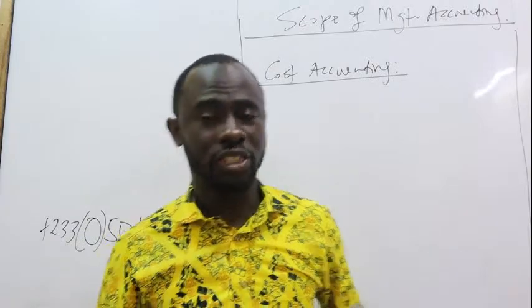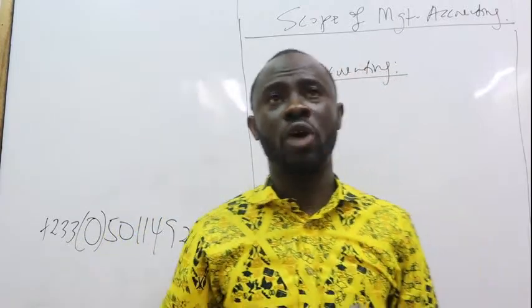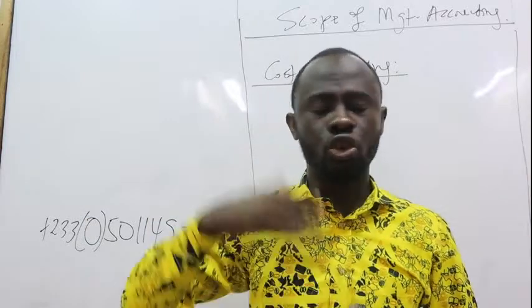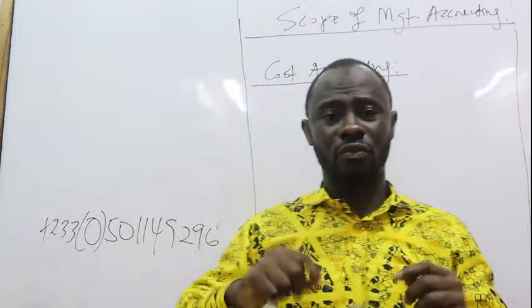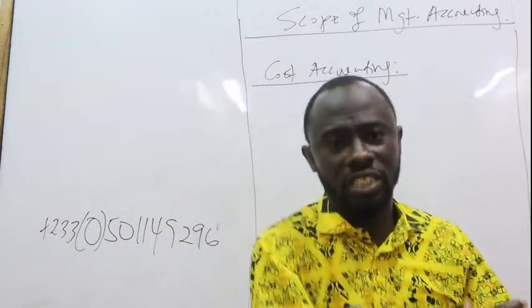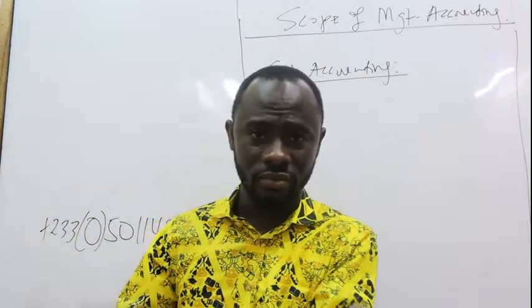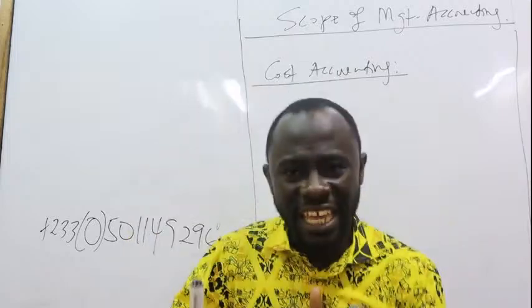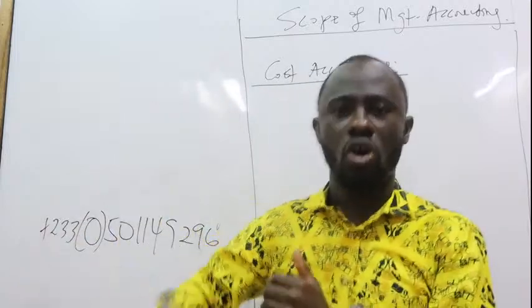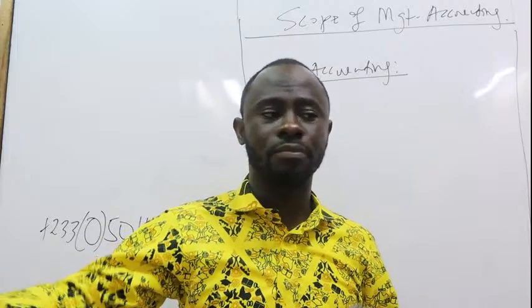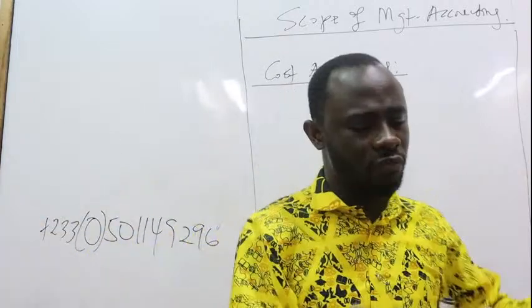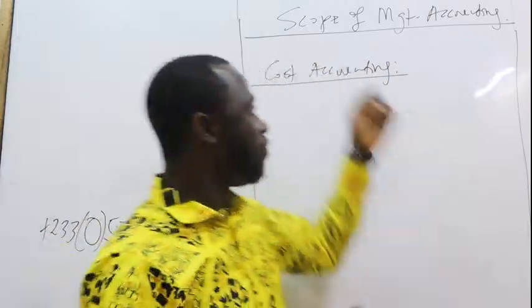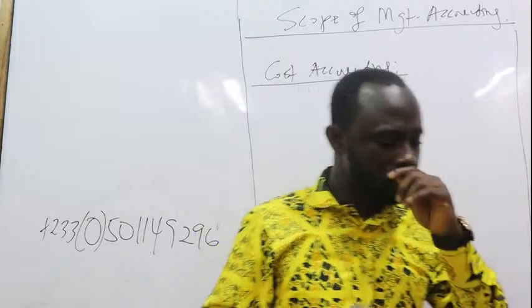Now, the first thing we need to look at is what is cost and what is cost accounting. If I say, for instance, it costs me $200 from home to the office every day, what does that mean? Cost simply refers to the amount of expenditure incurred on an activity, a process, or an undertaking. So the process involved in determining the cost of something is what we refer to as cost accounting.